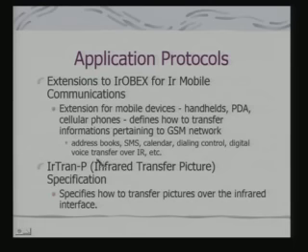Okay? So, you actually have a GSM device, it has its GSM capability, but you are providing the interface for those GSM functionalities through an IR link. And so, you define protocols specifically for these kinds of applications. Then you say IrTran-P, infrared transfer picture, this is another protocol, how to transfer pictures over the infrared interface.